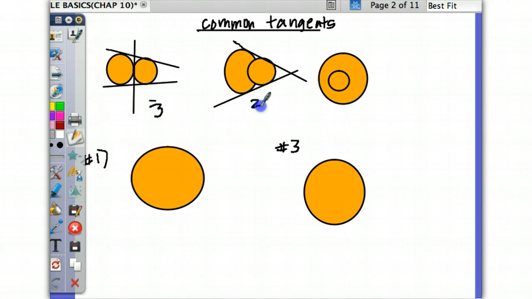How about here? Can we get any common tangent? None. Zero. All right, I think I've got some. Let me show you one more thing before